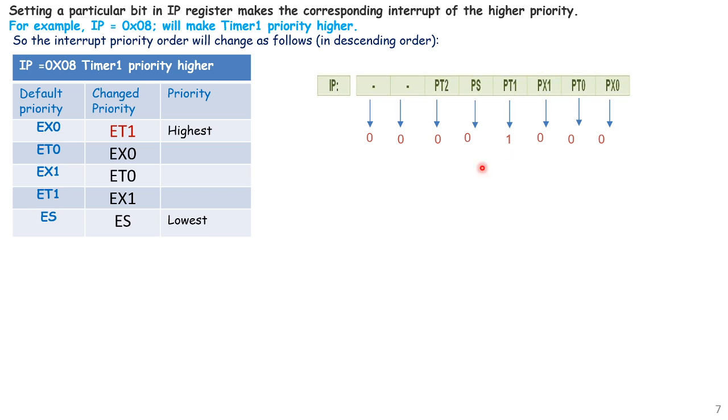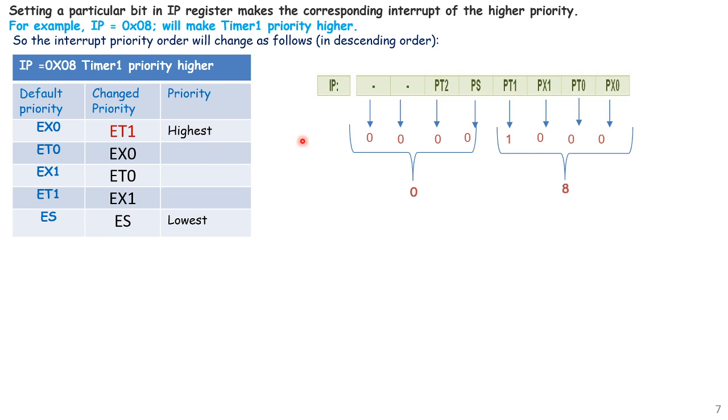This is the bit we keep as a 1. This 1 indicates 8 and this is 0. So if we load this value in IP, then the highest priority is given to timer